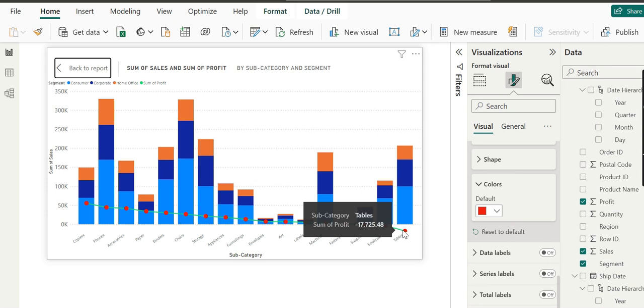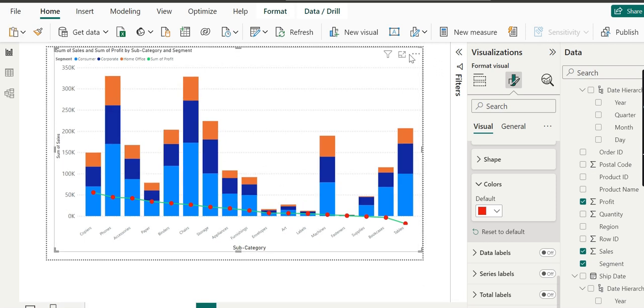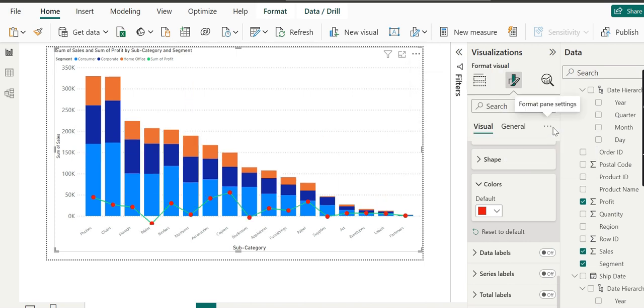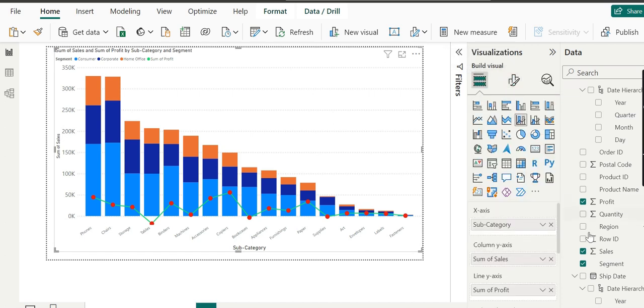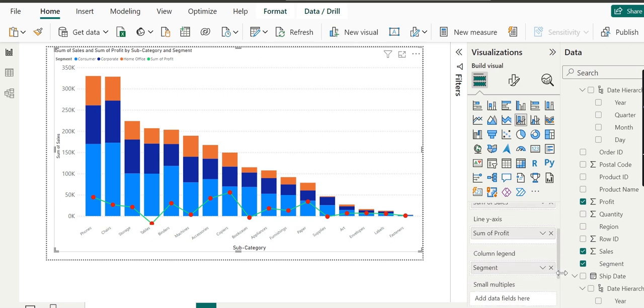So now let's see how to go from stacked column chart to clustered column chart. So first what we will do, go back to the report, and by simply clicking here we will sort by sales. And before we switch over to cluster column chart, let's switch over to column series. What is the column series? In few versions of Power BI, it's column legend and few is column series.